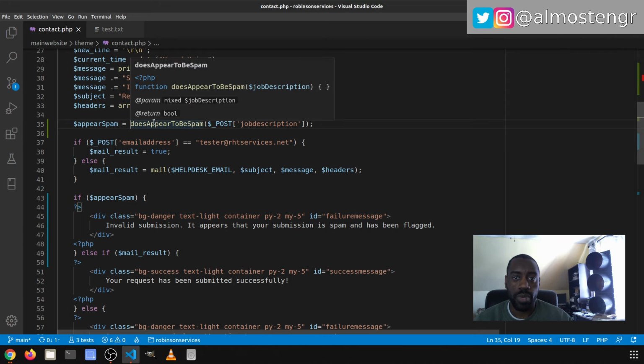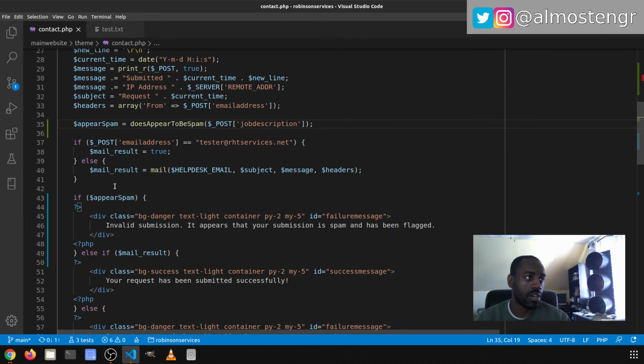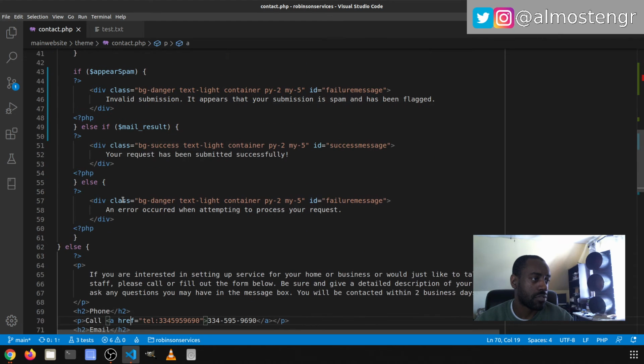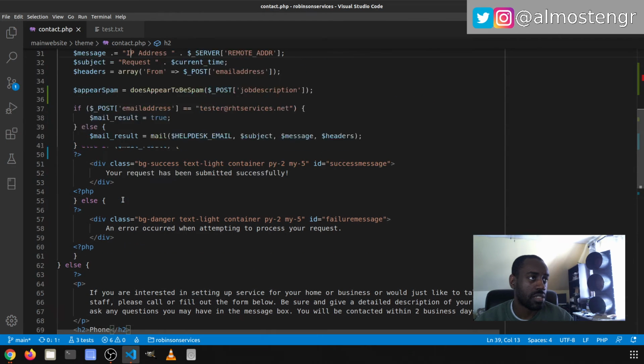And now you're probably asking, well, couldn't you just put the function call in the if statement? Yes. Do I foresee probably using this separately in the future? Yes. That's why I'm putting the return value into a variable instead of calling the function directly from the if statement. However, you can do the function directly from the if statement. All right, so that being said, if it is spam,